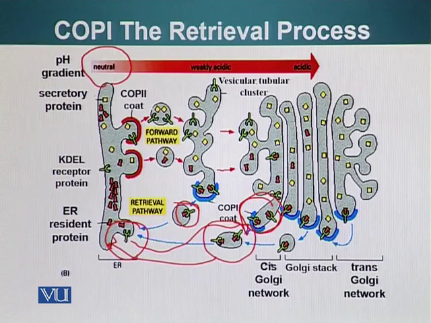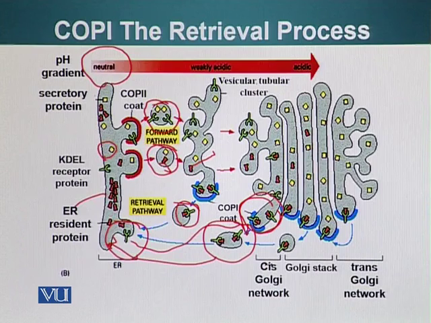So this process keeps on repeating. For example, here you can see the yellow square is a protein that needs to be secreted. COP2 coated vesicles will have this yellow square protein, the secreted protein, and by mistake they can also capture this red protein, which has a KDEL sequence, the ER resident protein. By mistake it has been captured. As you can see, we have an abundance of these red proteins in the ER, whereas in the vesicular tubular cluster there are fewer of those.